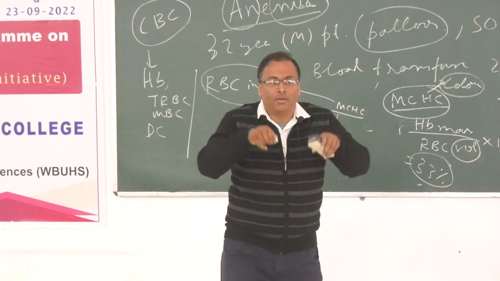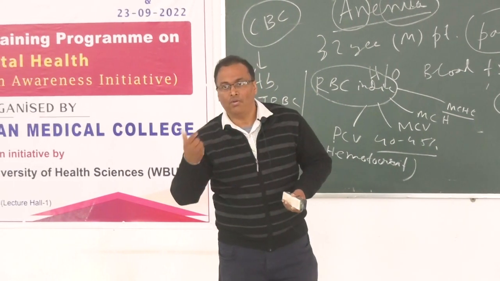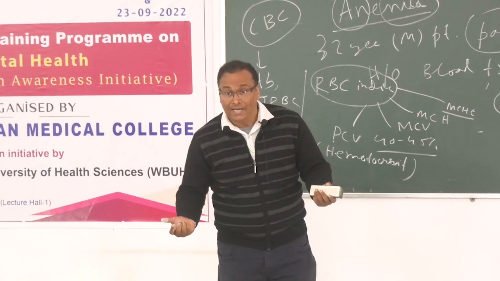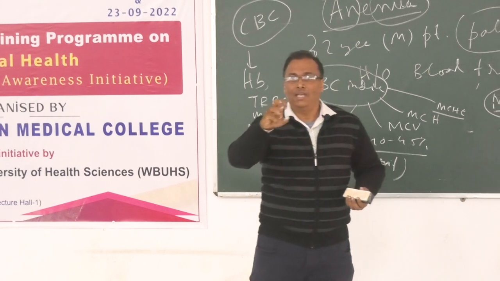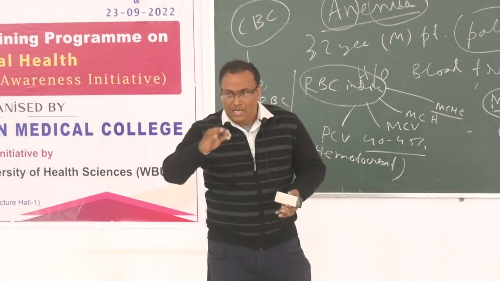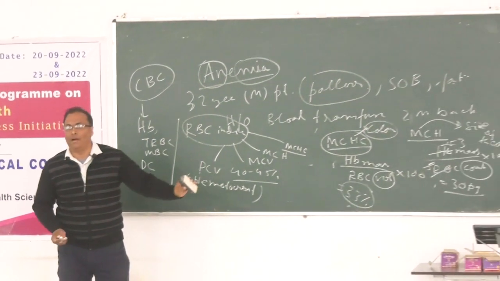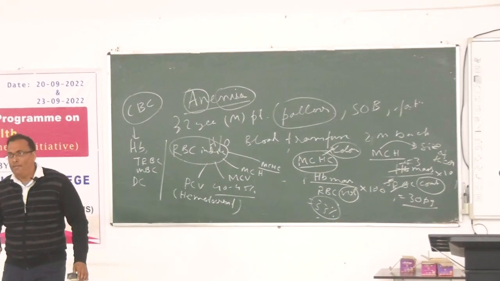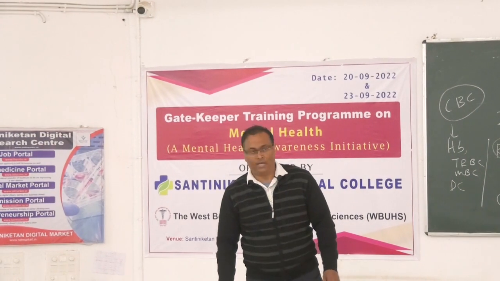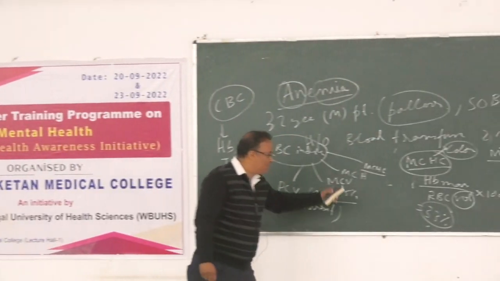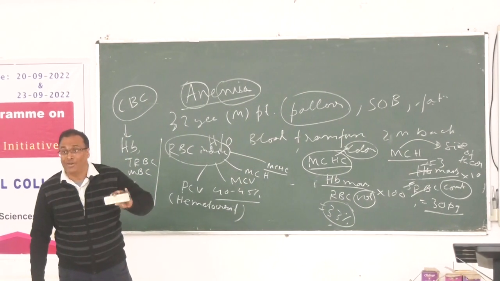What will happen? It will become globular, spherical. And if it is spherical, then in the microcirculation of our endothelial system, which is clean, a macrophage will engulf it, eat it up. Then what will happen? There will be pallor, and hemolysis will happen. I am coming later to the classification. So up to this you have to remember. What happened? Any problem? Yes? Please, your shoes are outside the paint. Okay, thank you.